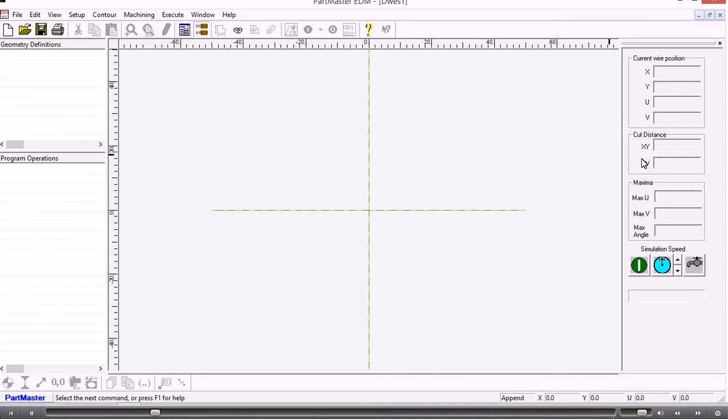On the right hand side we have a status panel which shows us the wire position in X, Y, U, V, and it gives us the maximum values for the UV and the maximum wire angle for any 2-axis with